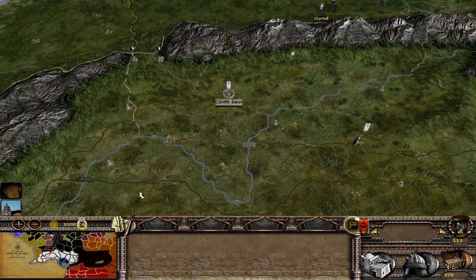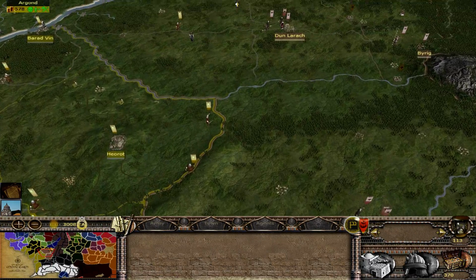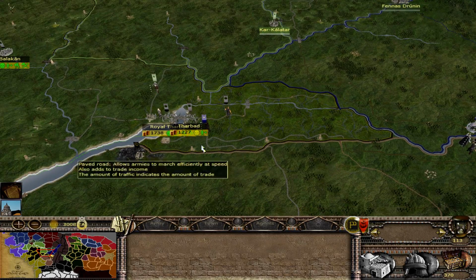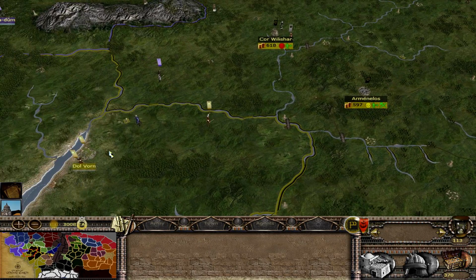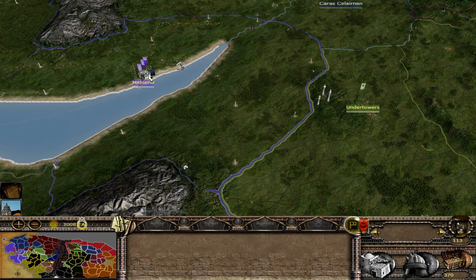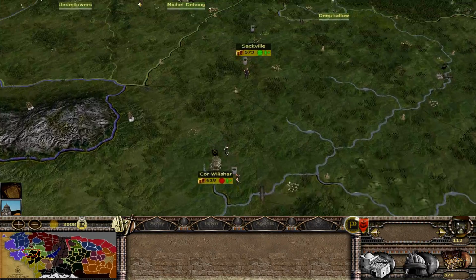We've really got to step it up against Dunland, or it's all over. We could really do with Gondor going to war with Isengard as well, putting pressure on there. This is why Imladris have chosen a really bad time to decide that they might not like us. Because we really need... Oh, and Linden are coming out. It's unfortunate that I've just seen that. Oh, but the army over there has stayed in Mithlond. That's alright. If we lose Cor Willishar, we lose Cor Willishar. We can come back and deal with that later.